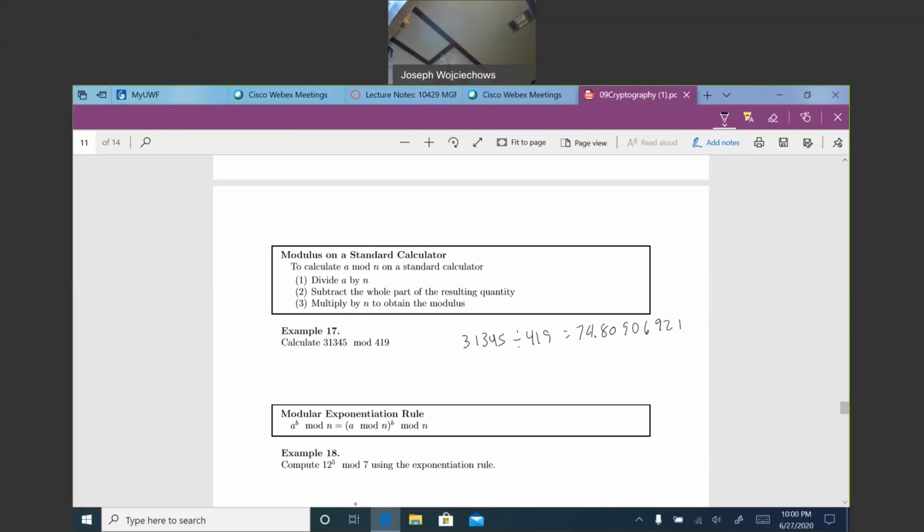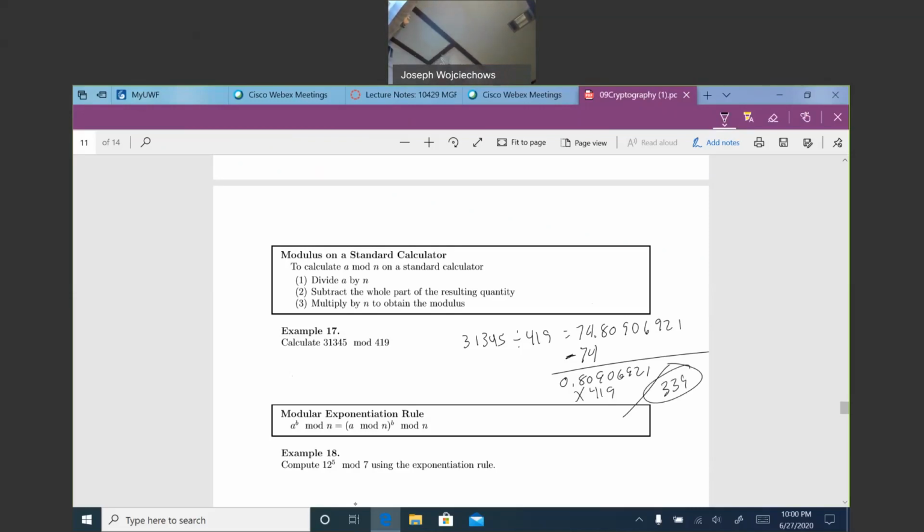Now subtract the whole number part. So subtract 74, and we get 0.0890691. And then simply multiply that by n, which in this case is 419. And I get